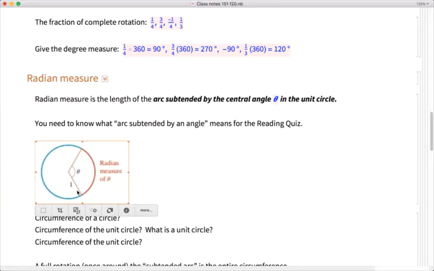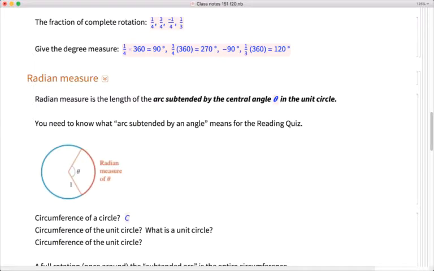Okay, so the definition for radian measure is that the radian measure for this angle will actually be the length of this subtended arc. So this is slightly thick and bold here. The length of this arc right there is defined to be the radian measure for the angle theta. Okay, and you need to be familiar with this phrase, arc subtended by an angle, before you take the reading quiz, just as a heads up. Okay, so